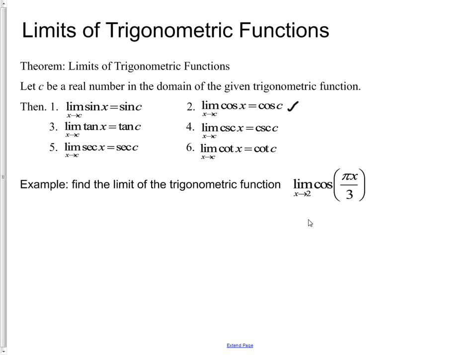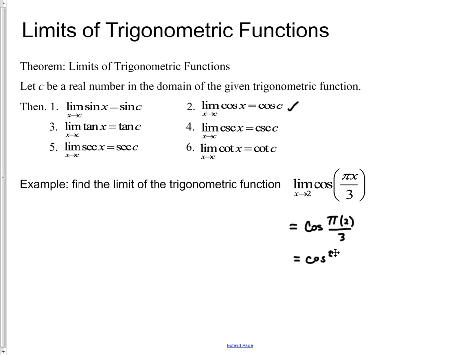Well, what is our domain for cosine except it's all real numbers, right? So in this case, we should be able to evaluate by a simple substitution of taking the cosine of pi times 2